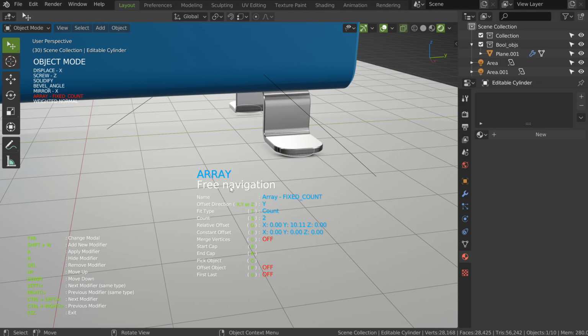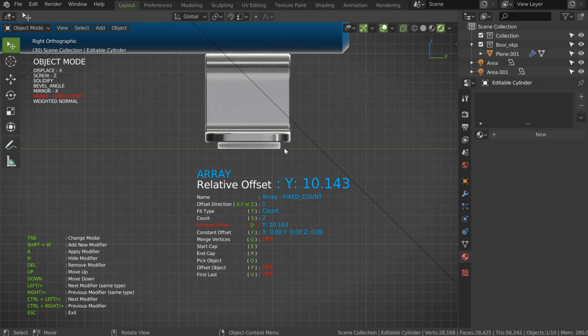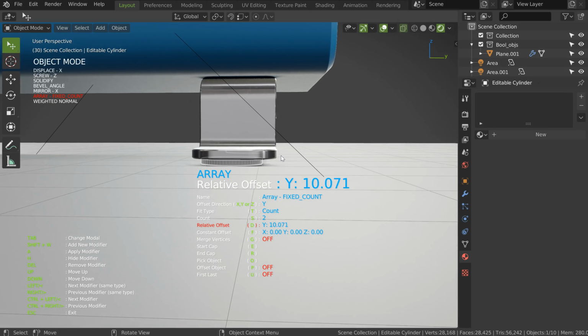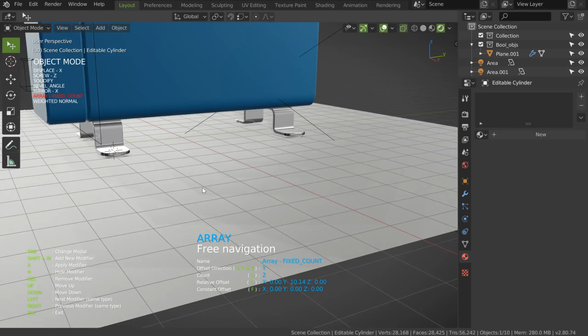Since I wasn't in the free navigation, if I press 3, that will change everything. So now, if I press D, that should work. Yes, yes. As you can see, that will move this, and this is not what I want. Okay. What did I change? Wrong keys. Shift H, that will be easier for you.